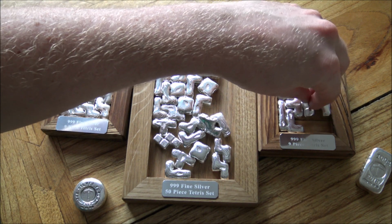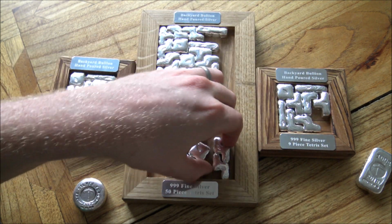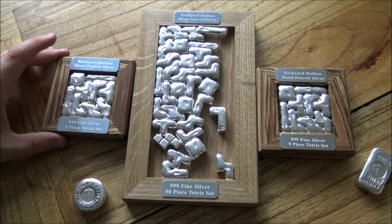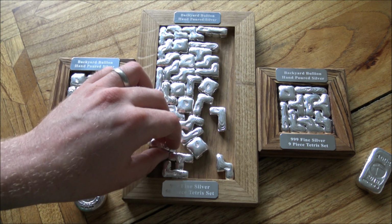So it is quite fun to play with. It's a very cool brain teaser indeed. Of course, the 9-piece sets are a little easier to remember because there's not quite as many pieces. So there we go. That's the configuration for the two 9-piece sets. I think there are other configurations that one can have for these two sets, but for the 50-piece set,